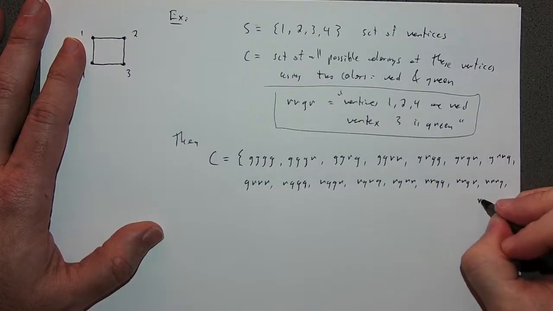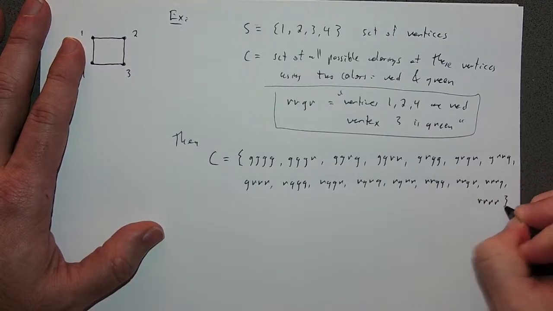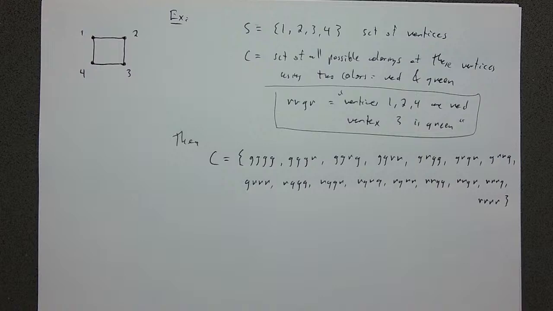And then lastly, all red. And I think if we were careful there, we got all of them. Okay, that's all the colorings possible. Of course, I could have asked you earlier in our discussion of combinatorics to count the number of colorings in this way. You know how to do that,